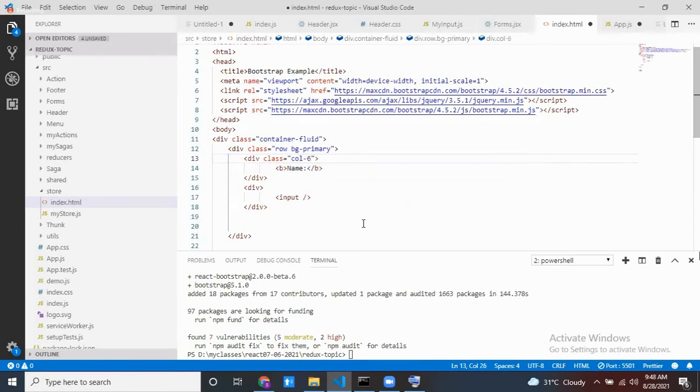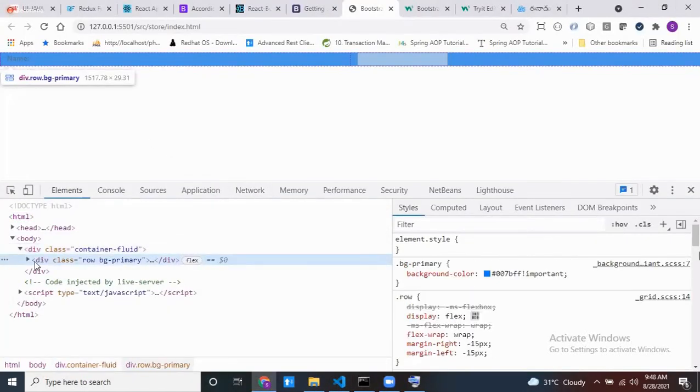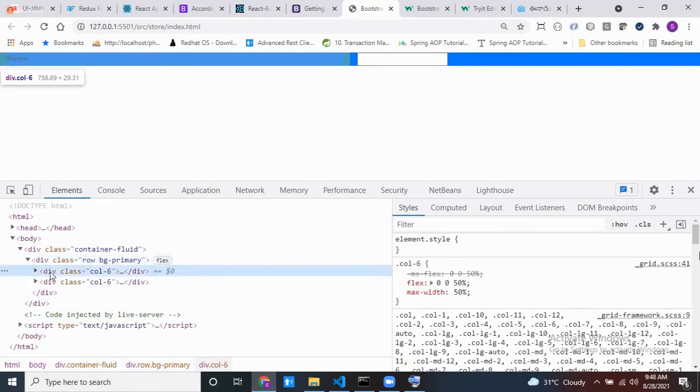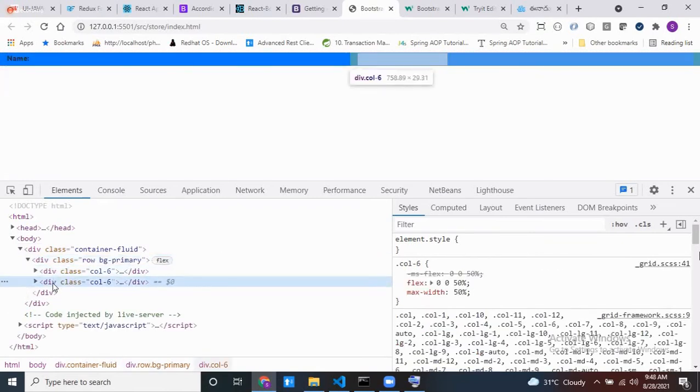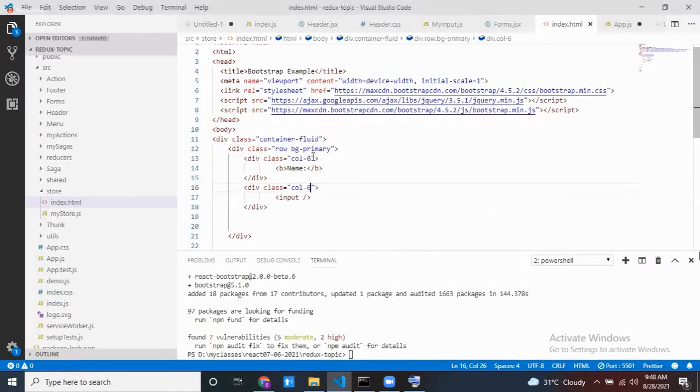Okay, 6. This column 6 like this. If I give it, see, there are 6 parts for this particular one. Okay, this is the one. 6 parts for this particular one or not? If you give the background color, you can give the BG